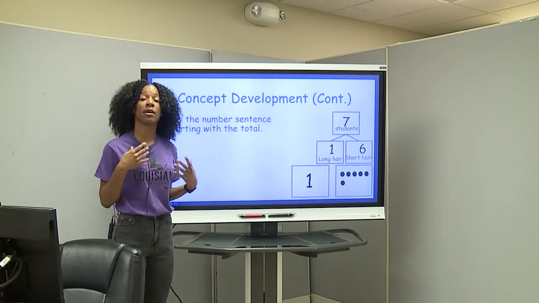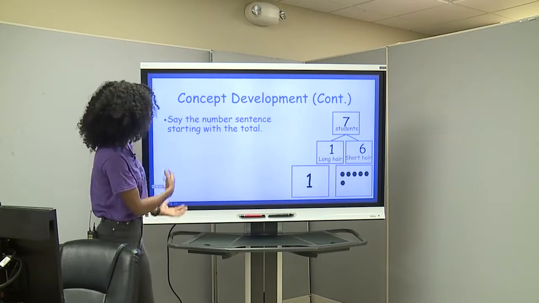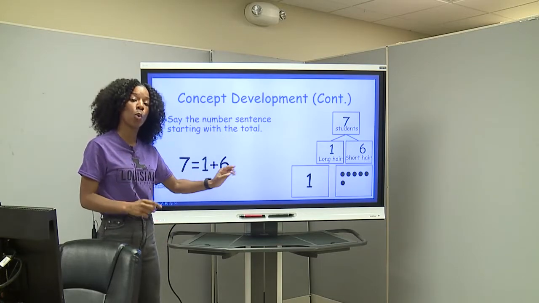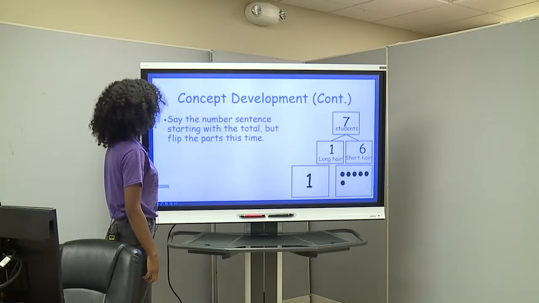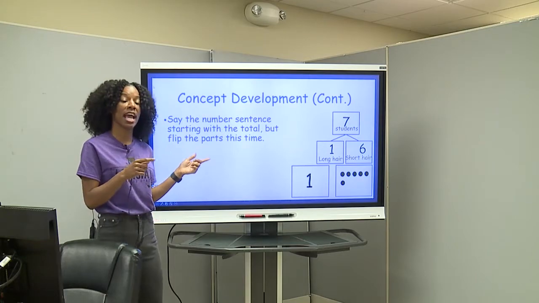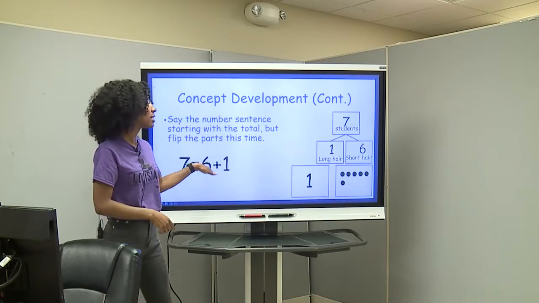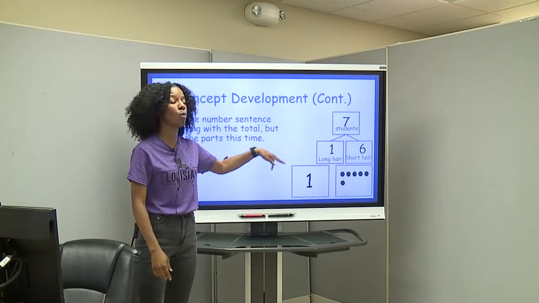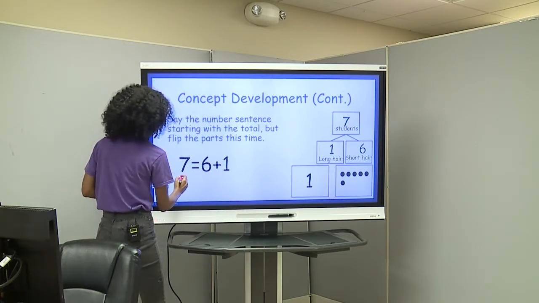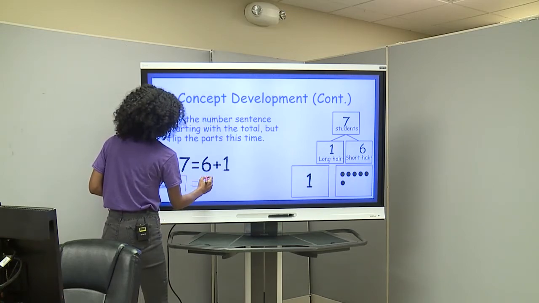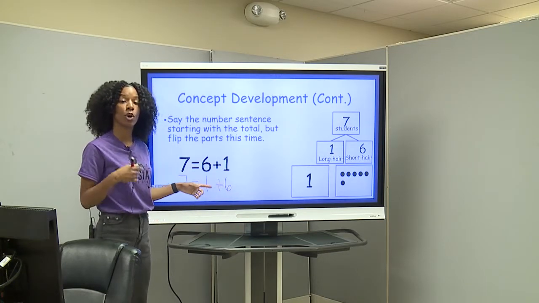Now, what if I wanted to say the number sentence starting with our total? Our total is 7. So it could be 7 equals 1 student with long hair and 6 students with short hair. Okay? Awesome job. Now, what we can do is we can actually start with our total, but we can flip our 2 parts. So it'll be 7 equals 6 students with short hair and 1 student with long hair. Okay? So there are different ways that you can write. You can write 7 total students